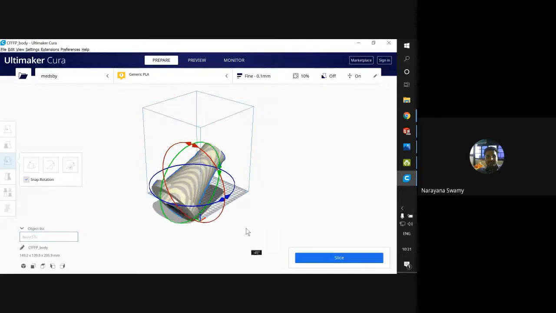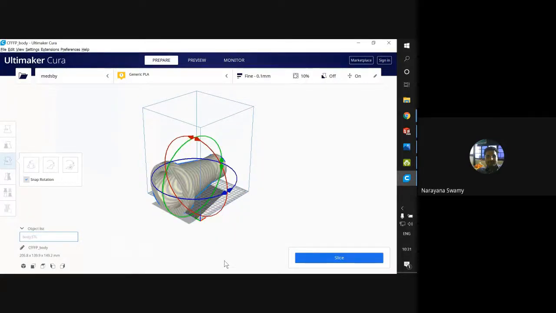If I have it in a horizontal direction like this, we need to support this whole section when we print this part, with vertical lines. Say, for example, in construction we use scaffoldings to support the RCC, that is the concrete flooring and all.